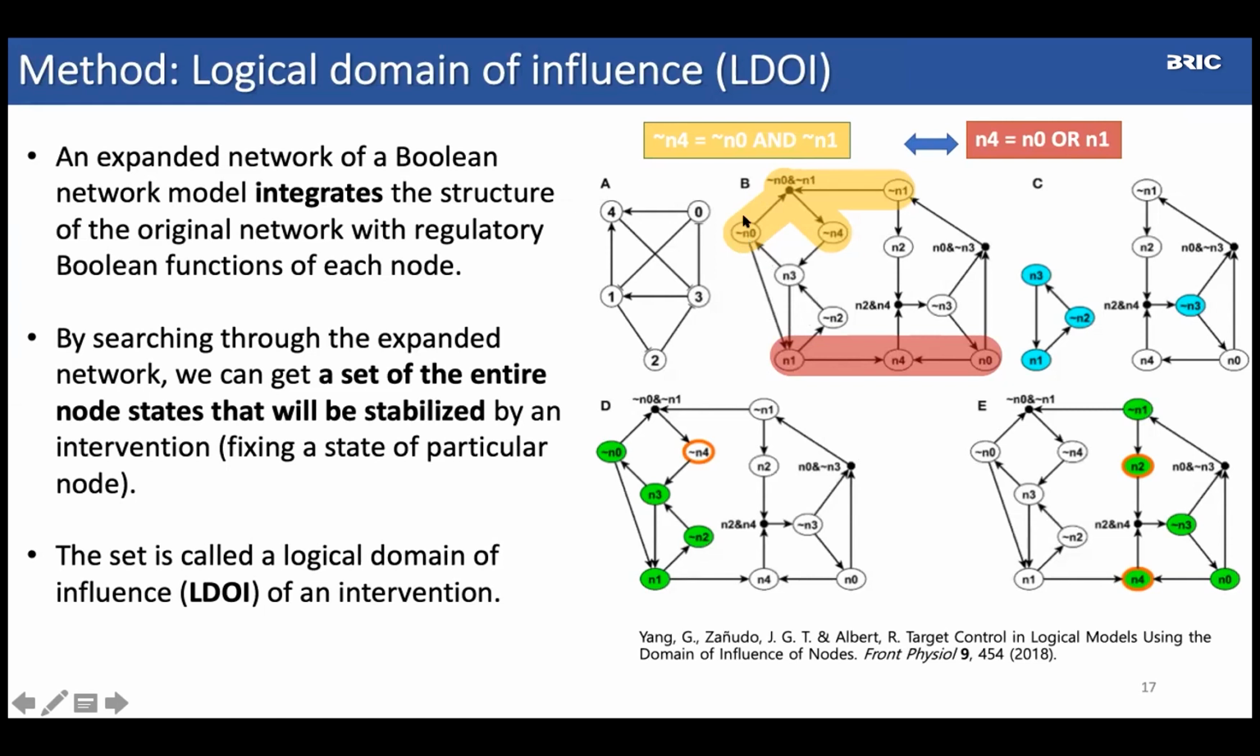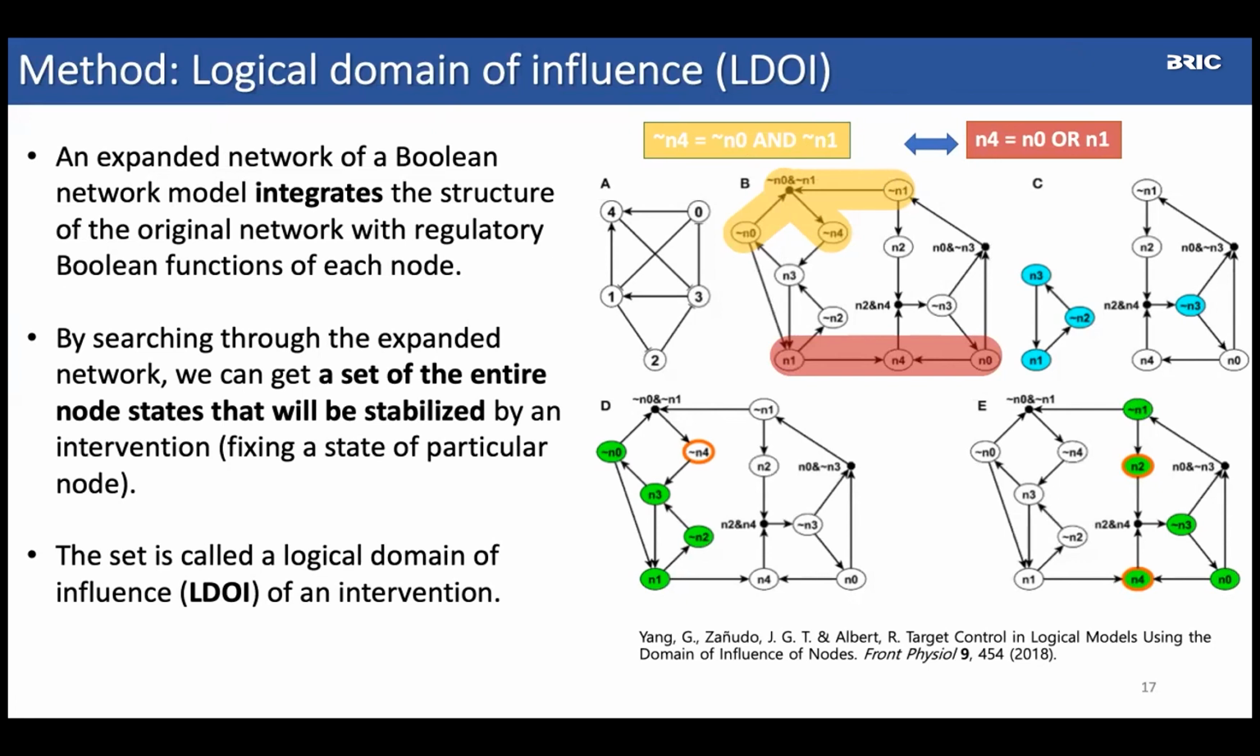So every single step of these interactions and their molecular interactions are projected over here, and it shows their logical relationship. For example, if you look at this expanded network, particularly the node called N4, meaning node number 4: if you want to turn off N4, both N0 and N1 have to be turned off. And if you want to turn on N4, you need either N0 or N1 to be turned on, which is shown here. So these logical relationships are projected on the expanded network, and we can also use this to see what kind of mechanism is behind the scenes